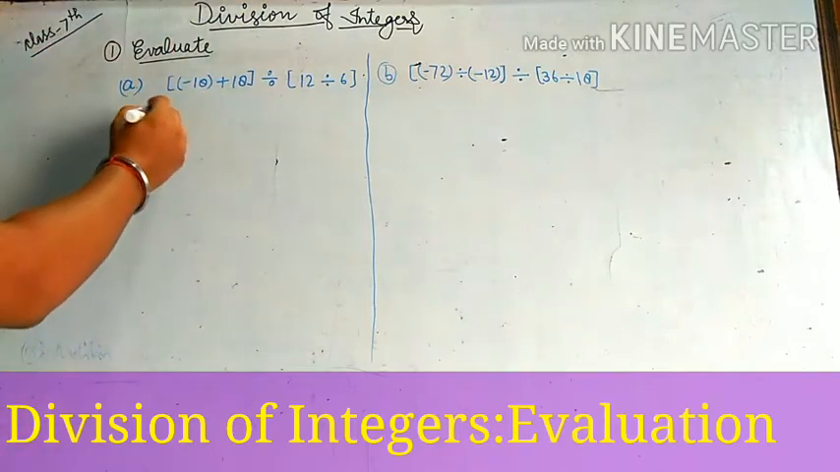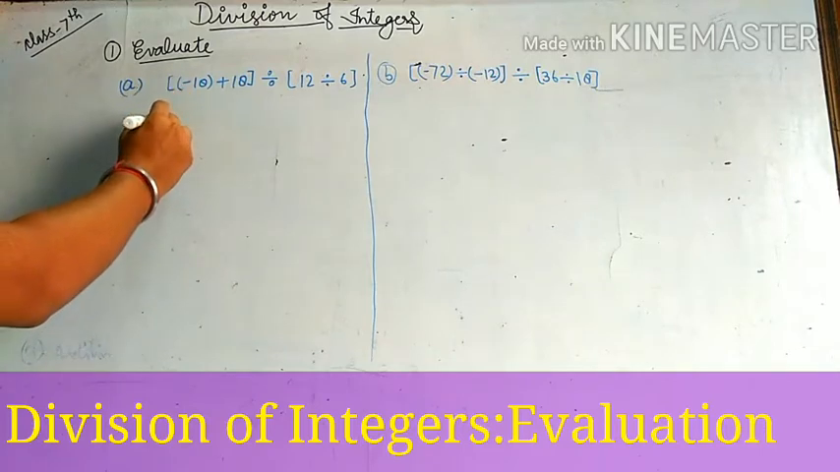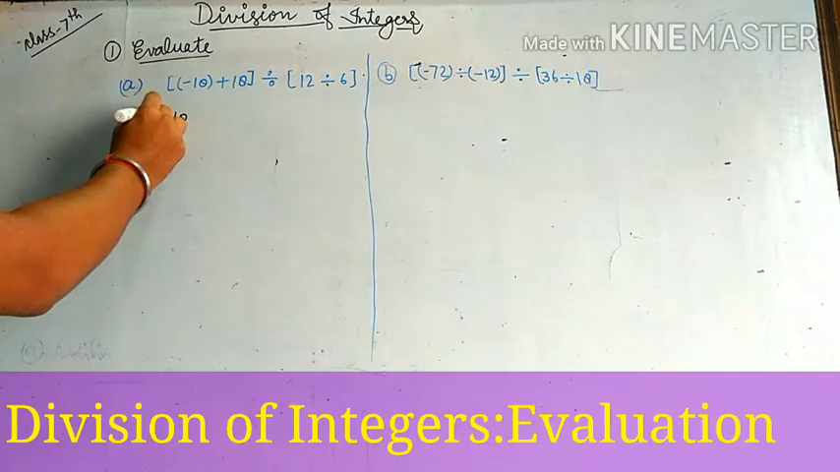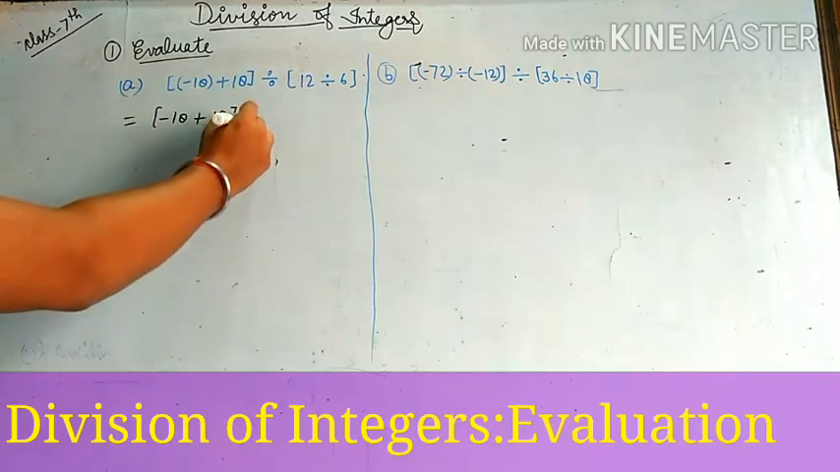Minus 18 plus 18. That will give, firstly we will remove the bracket. It will give minus 18 and then plus 18. Okay. And this side